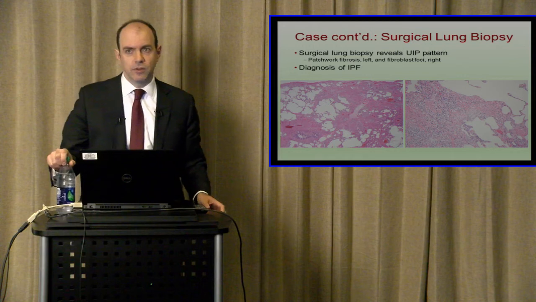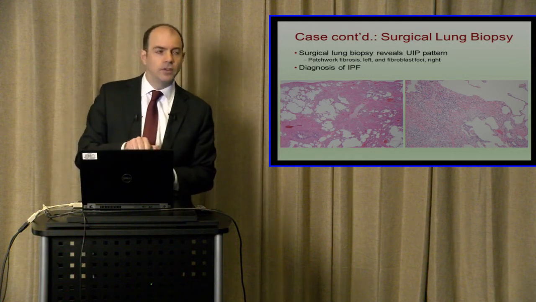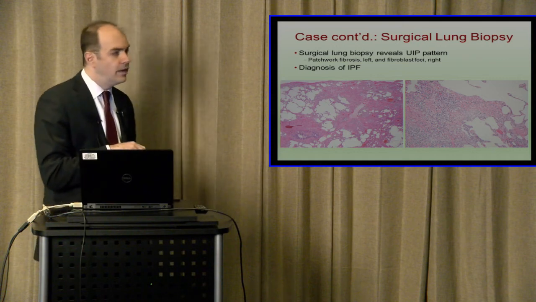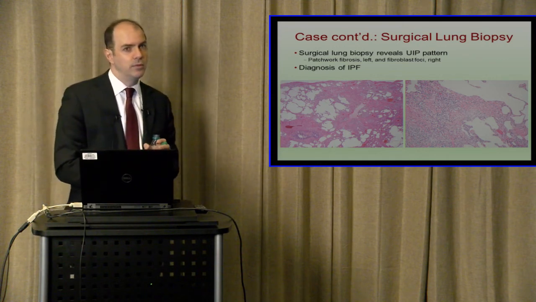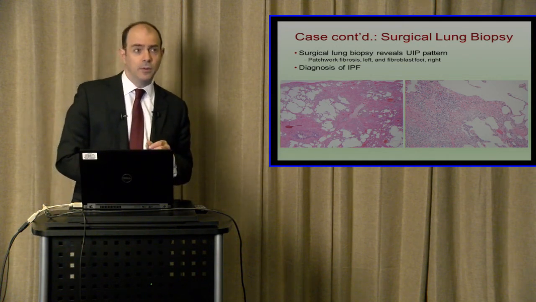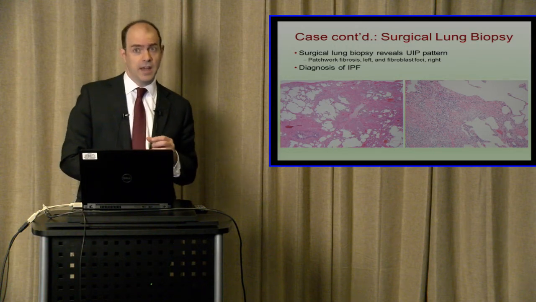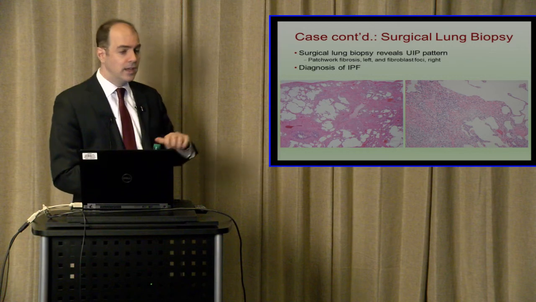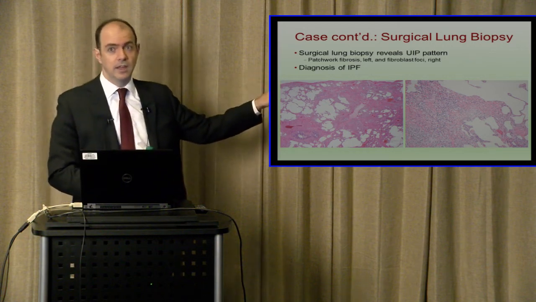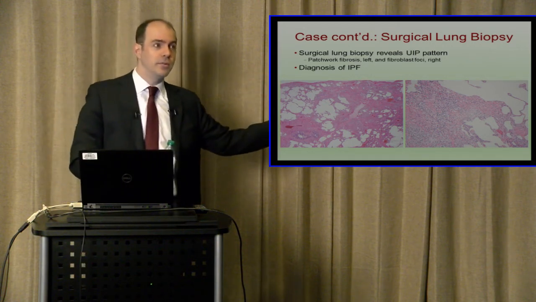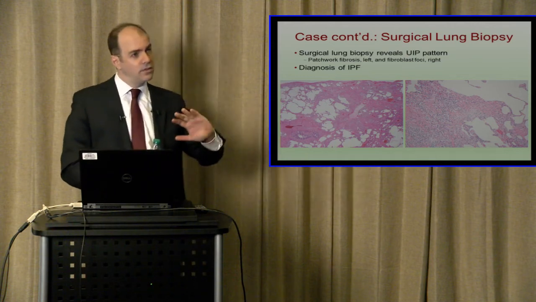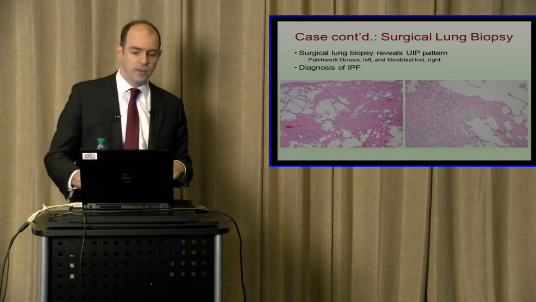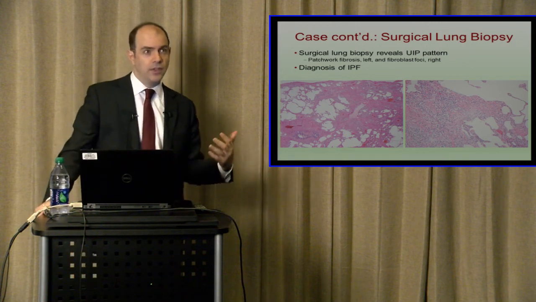So I've referred to this pattern, this UIP, or usual interstitial pneumonia pattern, as something we see on a CAT scan. And when we see it on a CAT scan, it's helpful because it means that if we did a biopsy, again, we usually don't biopsy those folks, but if we had done a biopsy, it's very likely that we would have seen a usual interstitial pneumonia pattern on the biopsy. So we use the same terminology for the CAT scan findings and for the biopsy findings,